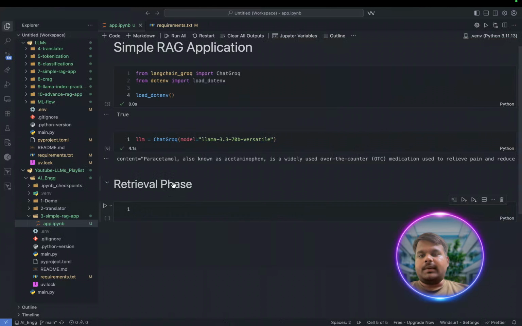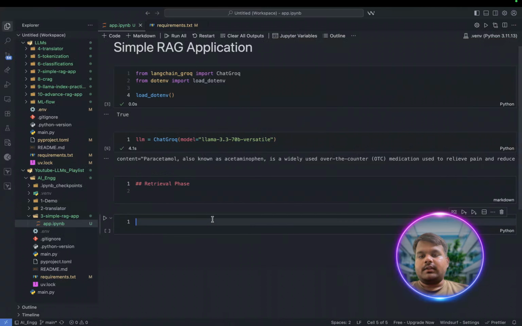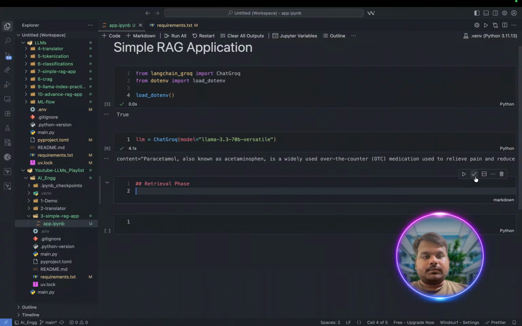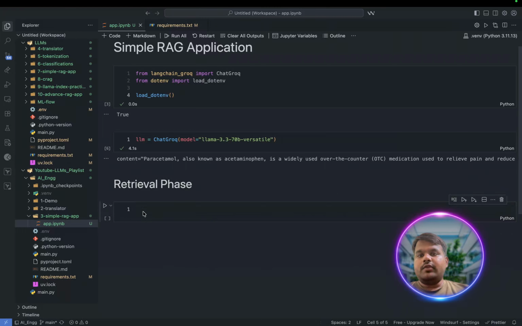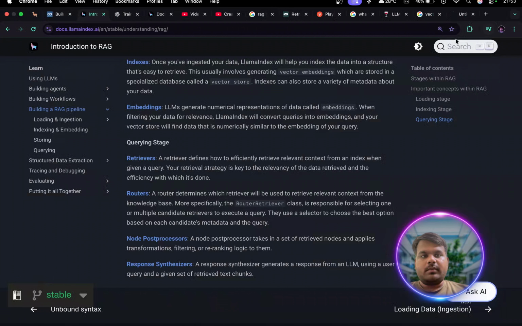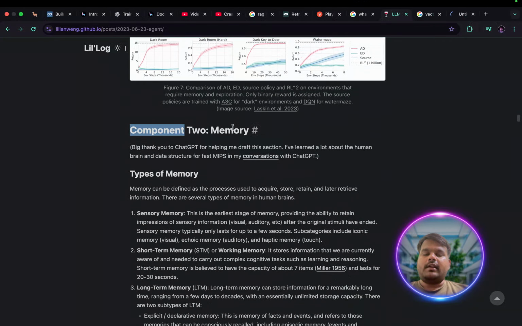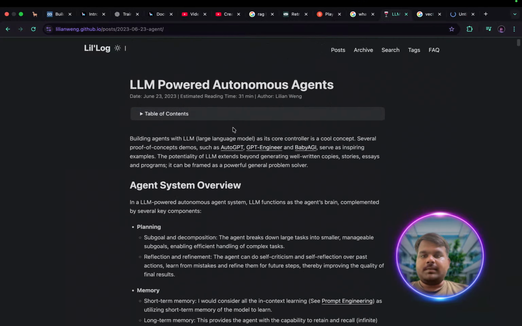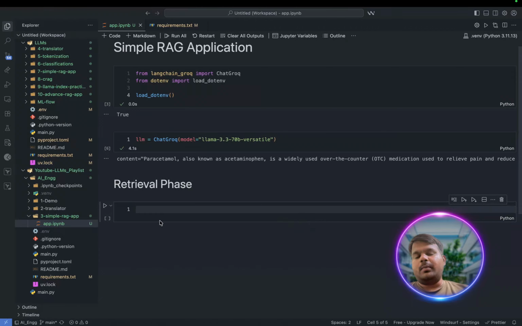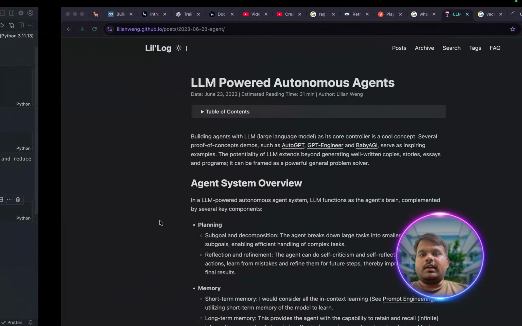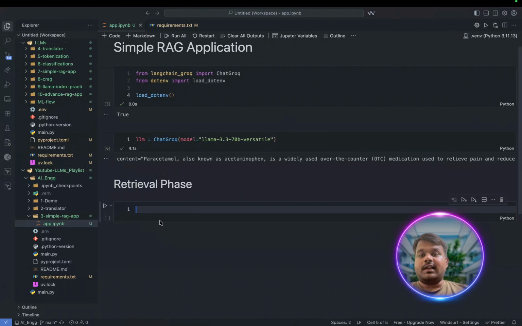So let's do this. Let's do the retrieval phase. For that we need a few things. We need to retrieve the data from this website. How will we do that? If you have programming experience, you must have heard of Beautiful Soup. It is a very interesting library which we can use for scraping data from a website. But the LangChain framework provides us a very useful package,